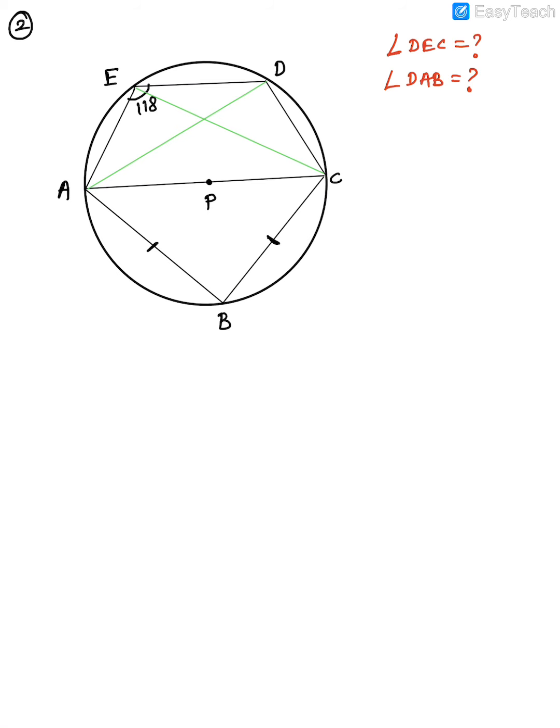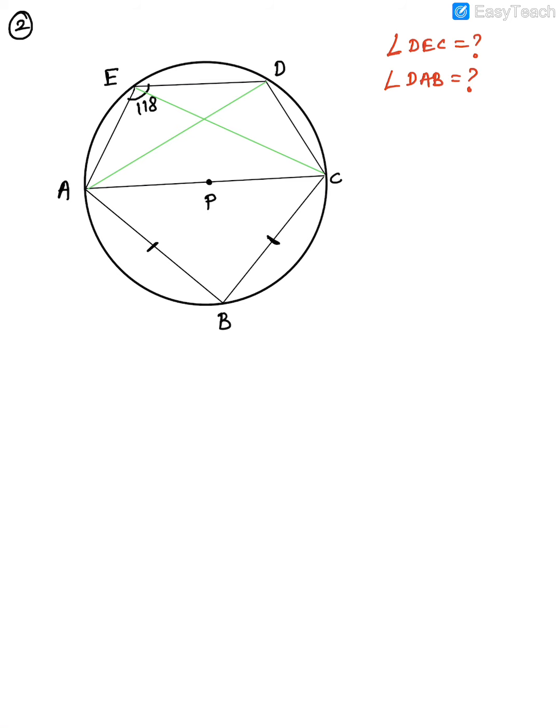Again, pause the video, guys, and try on your own. Find angles, forget about what you have to find. Whatever angles you know you can find out, start finding them and keep on marking them in the figure. Another way to work on this, if you're not able to figure out any angle, is to think of the properties that you've learned in this chapter and see whichever property is applicable. If you remember, they have given a diameter over here. So I'm giving you a hint now about which property you need to think about. There is a property in which we've written something about a diameter, or a semicircle. So apply that property. Those who want to try, pause it here because I'm continuing with the solution now.